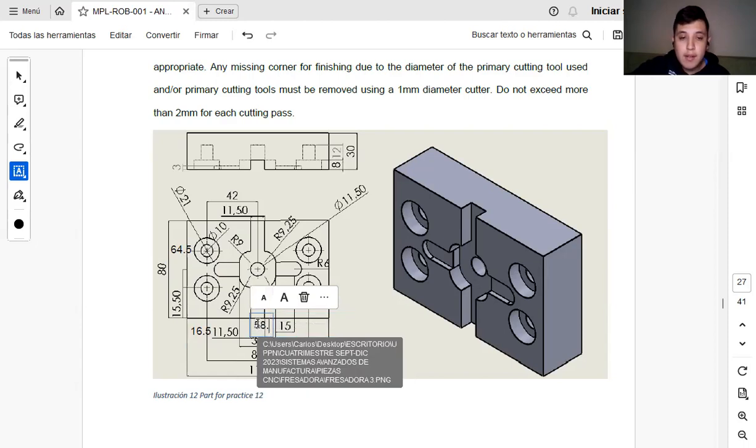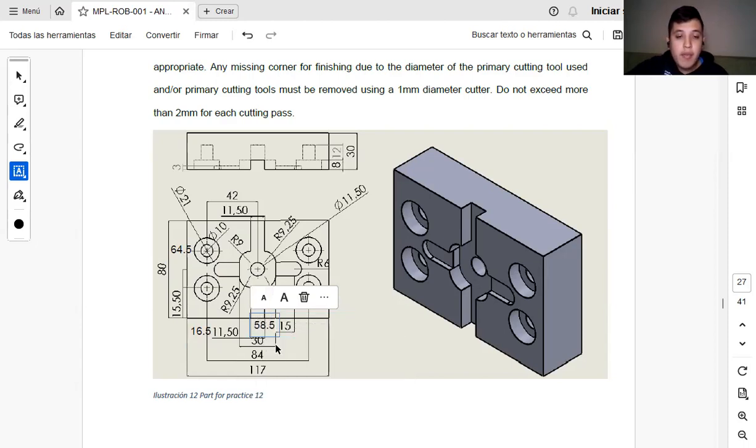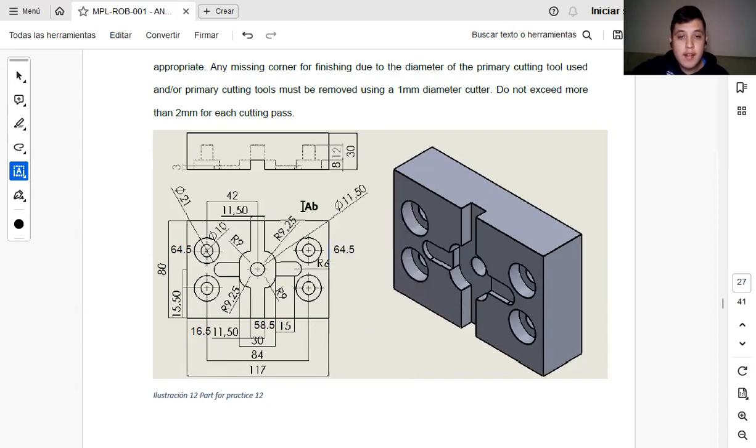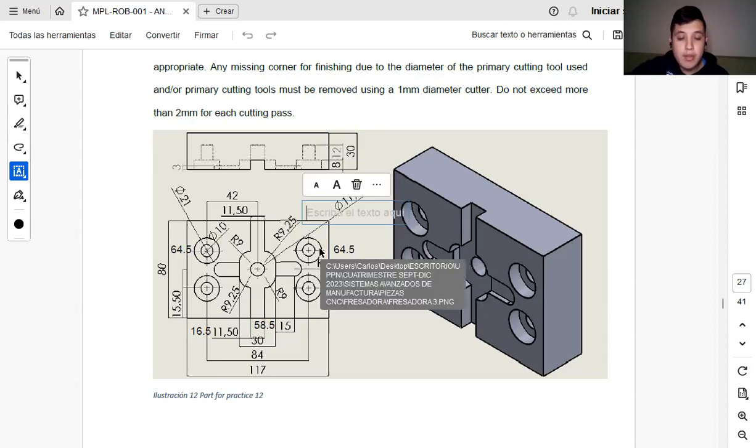Then 58.5, because it's the division of this. So this distance is going to be the same as this one. And here we also have to sum 58.5 plus